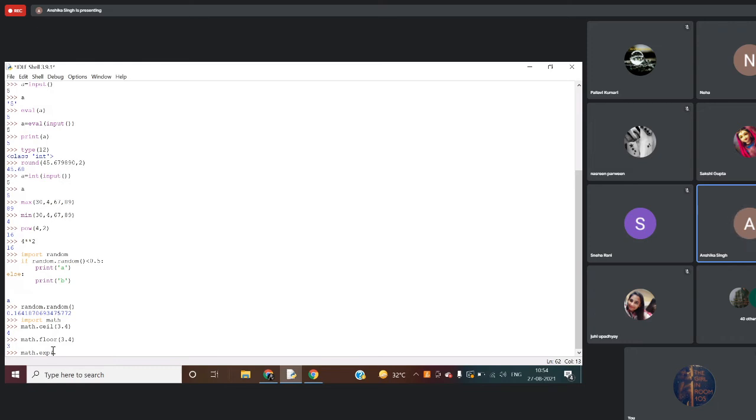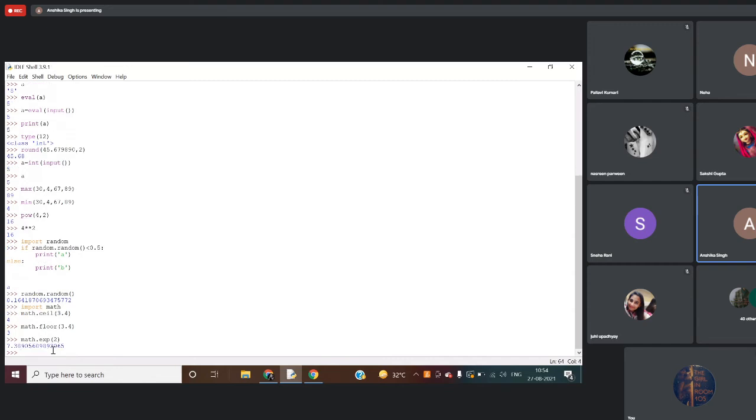Okay, bache? Then math.exp gives you the value of e to the power x. Then for log, you will use log of this number and this is your base. Same way you can use log10 of your number. These are the functions that are already given in the table.